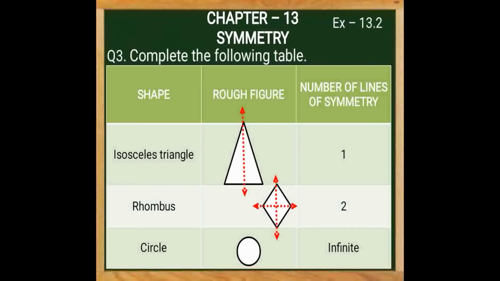Well, if we talk about a circle, how many lines of symmetry does a circle have? We would say a circle has infinite lines of symmetry. Every line which passes through the center of the circle would definitely divide the circle into 2 equal halves. So there is no fixed number, as I am showing you on screen. See, you can have as many lines of symmetry in a circle, thus concluding a circle has infinite lines of symmetry.